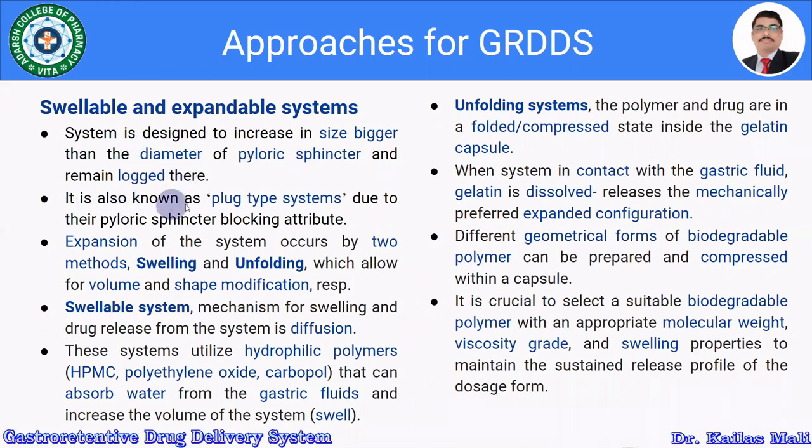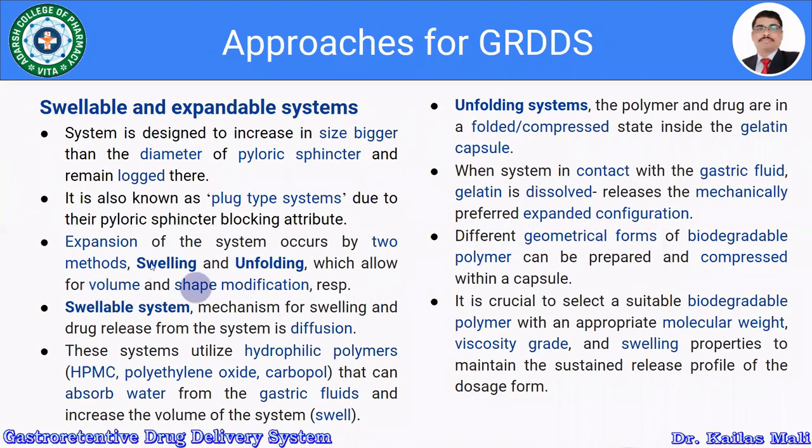It is also known as a plug type system due to its pyloric sphincter blocking attribute. Expansion of the system occurs by two methods. So here there are two ways by which the formulation is going to be expanded. The very first one is the swelling mechanism, and the second one is unfolding, which allows for volume and